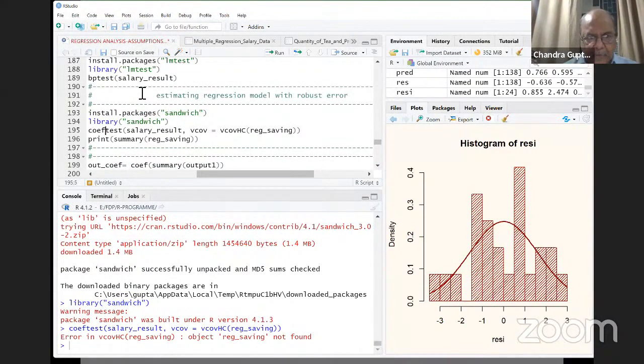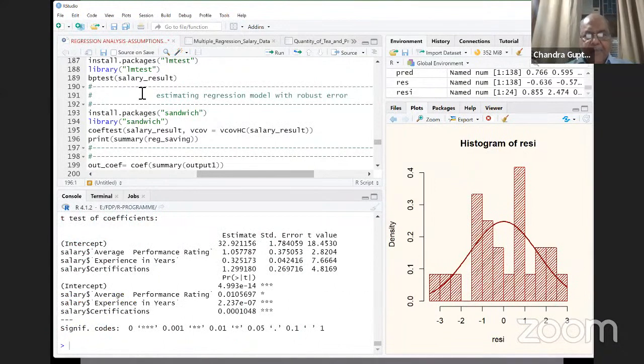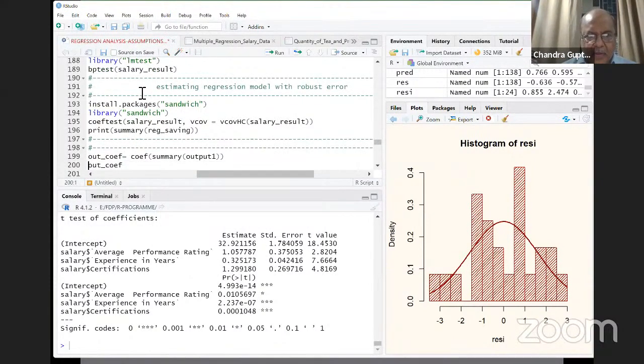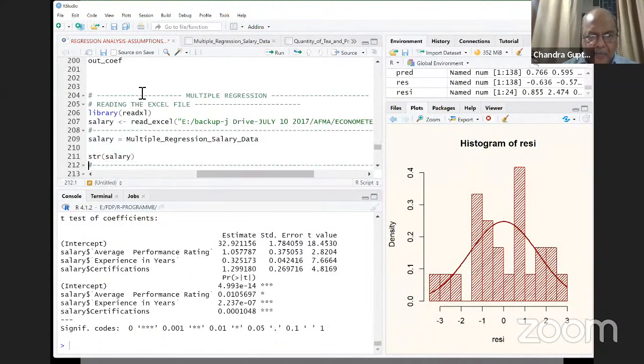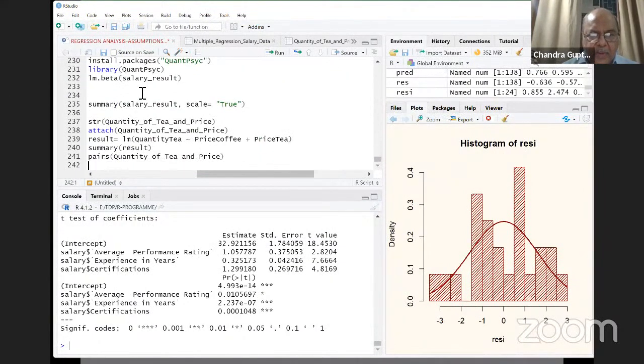Sorry. Now I get your robust error estimates. I think let me show you